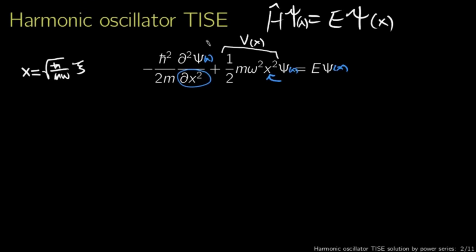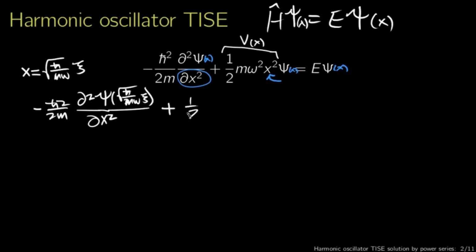First of all, we can pretty easily handle these psi as a function of x because we know what x is. x is the square root of h bar over m omega times xi. So we'll have minus h bar squared over 2m. Don't have to worry about the constants. Second derivative of psi, now square root of h bar over m omega xi is the argument for psi, but we're still second differentiating with respect to x. dx squared, pardon me,